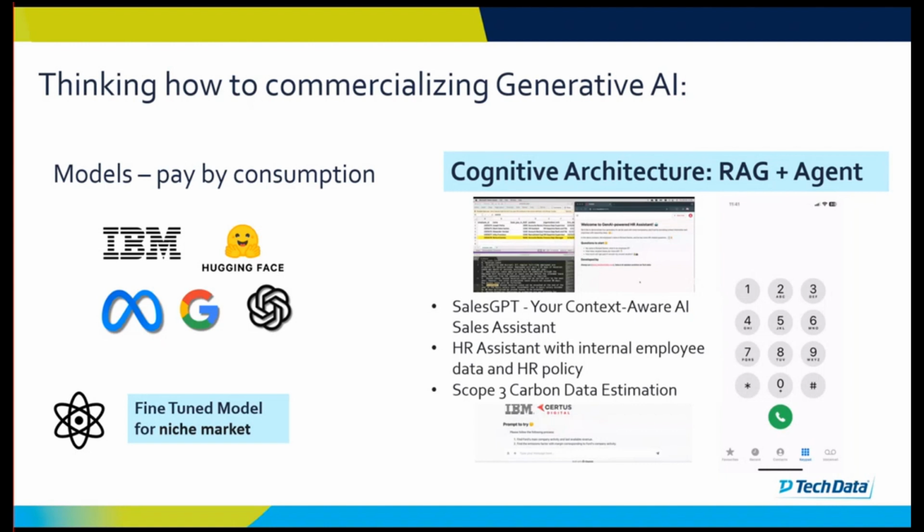For the model, it's very straightforward. You sell your model and people pay by consumption. For example, if we use the API to interact with the OpenAI models, you pay depending on how large the question is, how long the question is. And there can also be Meta, Amazon, or Azure with a similar idea. They sell the model itself.